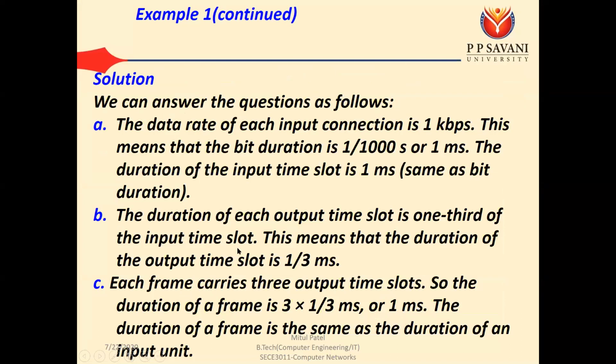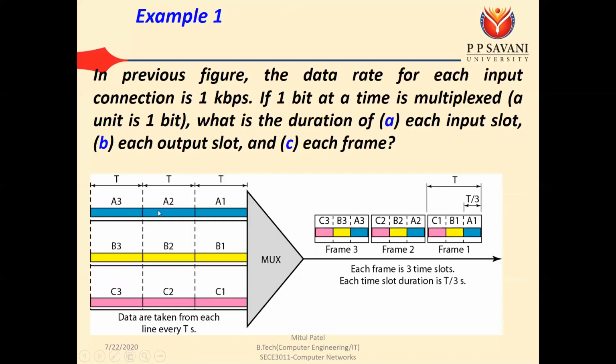Okay, so here the individual bit rate is 1 kbps. So in 1 second, how many bits are transferred here? So we can say that at the time only one data is taken, then the input bit rate is 1 kbps. But here at the time we are sending the 3 frames. So we can say that at the time we are taking the data from A1 B1 C1, same way we are taking data A2 B2 C2 and A3 B3 C3. So at that time we can have a T plus T plus T.